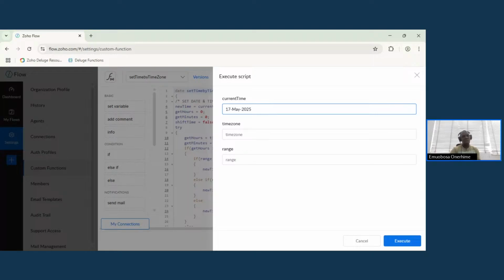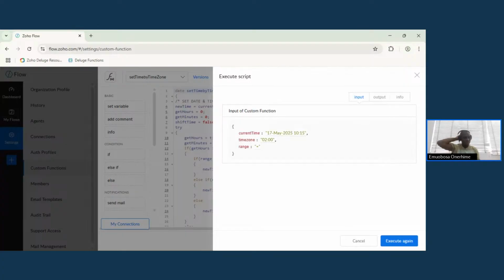Okay, so now let's go to create a custom function. I'm just going to put a blah blah here and do create. So I will then paste my time zone function. So this is a function that, okay, hang on. Okay, so this, we can call it a string then. So time type is not available in Zoho Flow. Take note of that. Okay, great. So let's try to simulate something here. You have current time, you have, now the problem with this here is that we have to